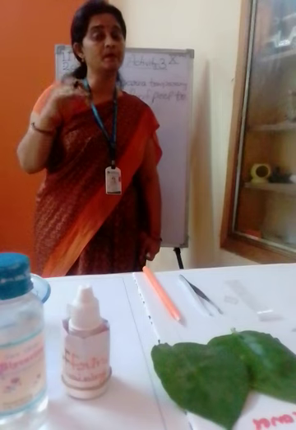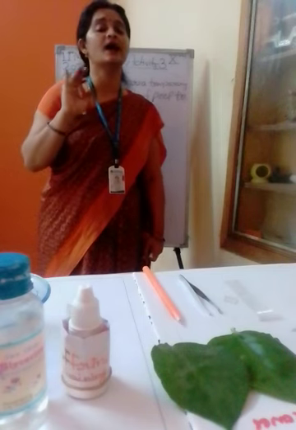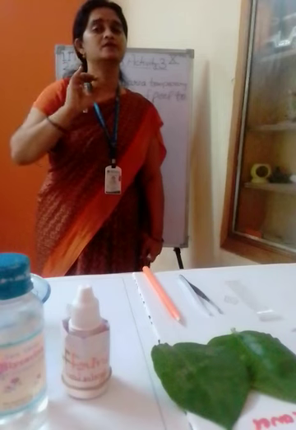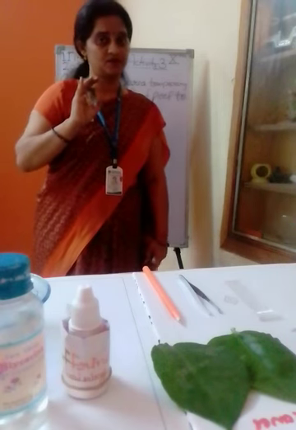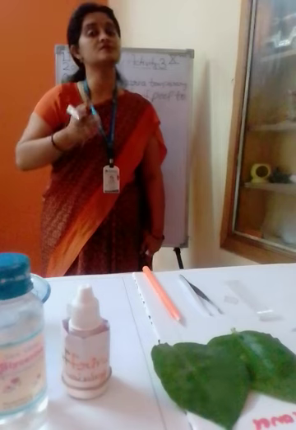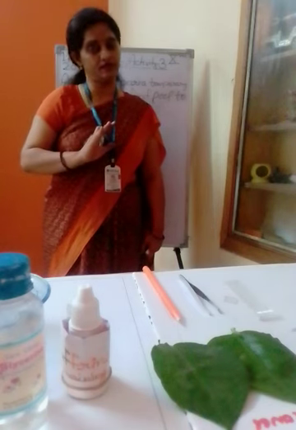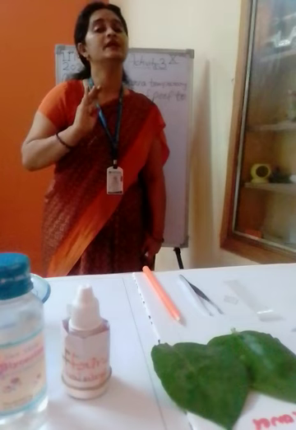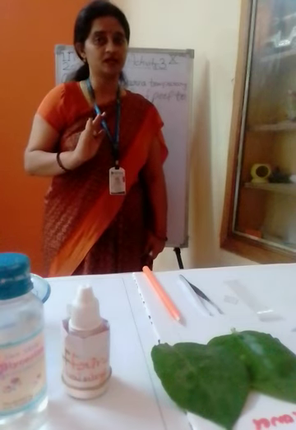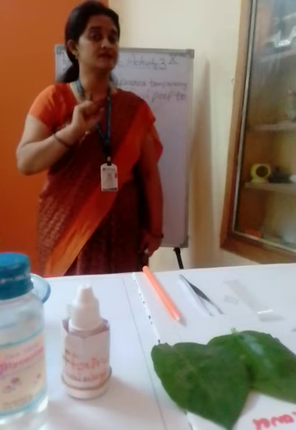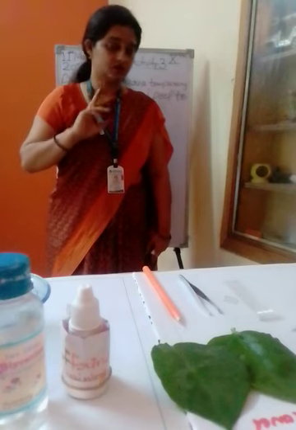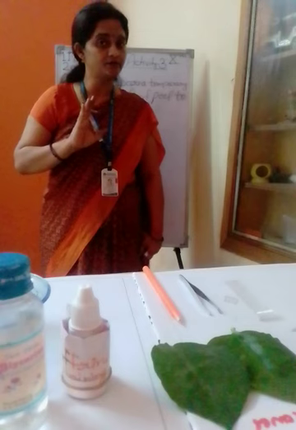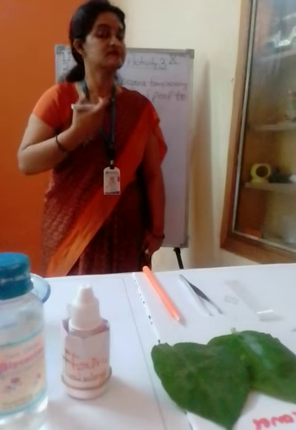But in normal language, you can say that stomata are tiny pores, tiny pore structures present on the surface of the leaves. You can say present on the epidermis of leaves. Understand that? Now the question arises: what is the function and how to draw the diagram. Okay, so let's start now.